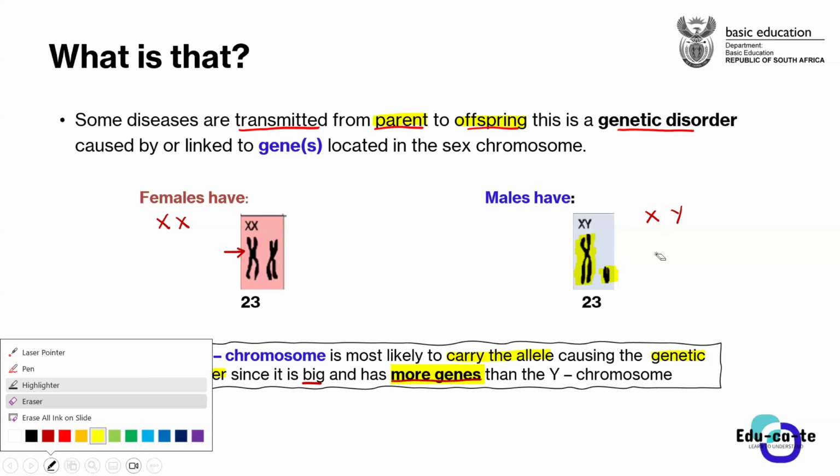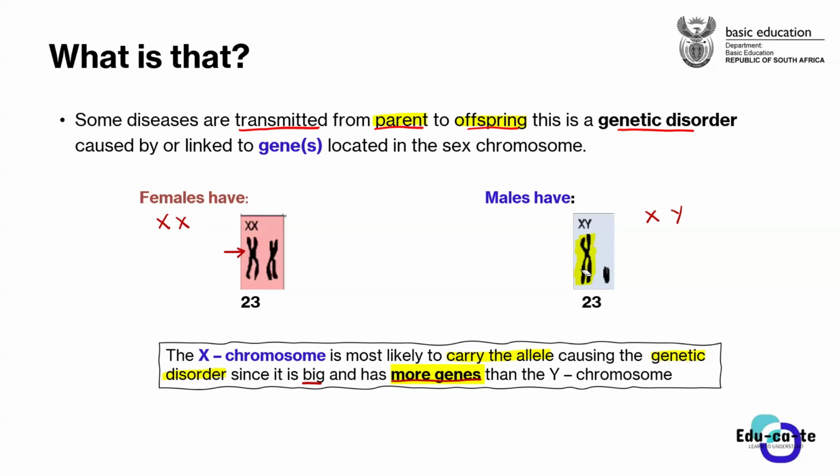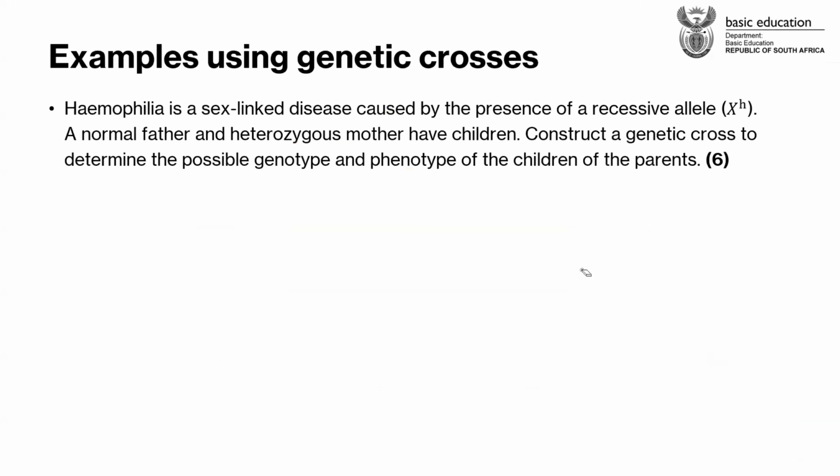So whenever we talk about sex-linked inheritance, this is the inheritance whereby you inherit a gonosome, an X chromosome, that has got a disease. Okay, so now let's try to apply this by looking at an example. Guys, remember I said that you need to know how to do a monohybrid cross, because most of the things are based on a monohybrid cross.